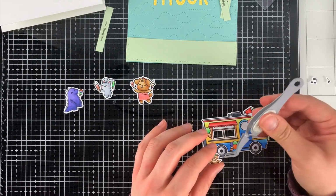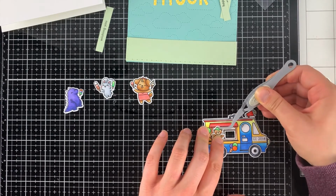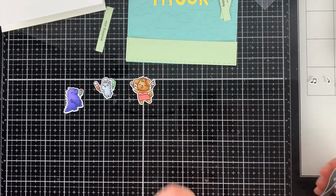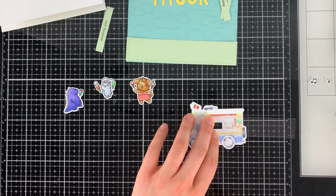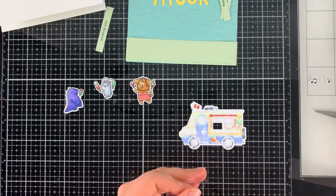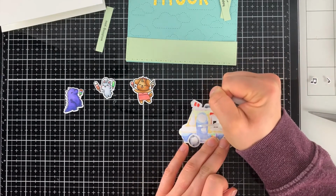I also cut out the word truck out of letters using a letter die set, so just the letters T-R-U-C-K, and I'm going to be using those as part of the sentiment. As I'm speaking, I'm just gluing some of these images together, so I glued the ice cream cones into the hands of the critters, and I glued the little teddy bear that's selling the ice cream into the window of the truck, and now I'm just gluing some acetate into the back of the truck, because I really wanted it